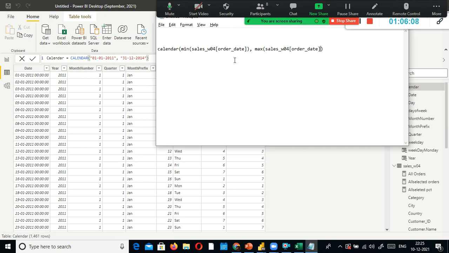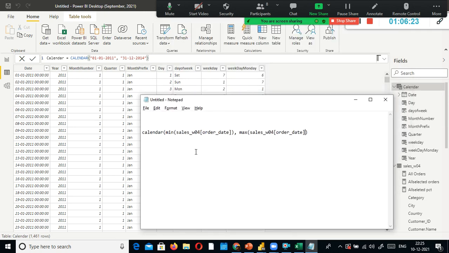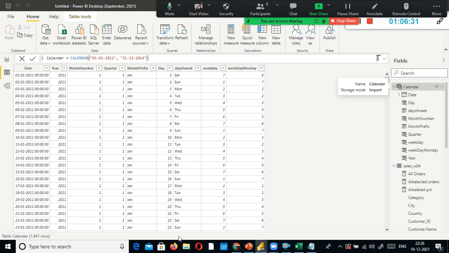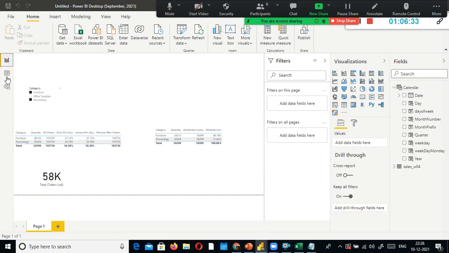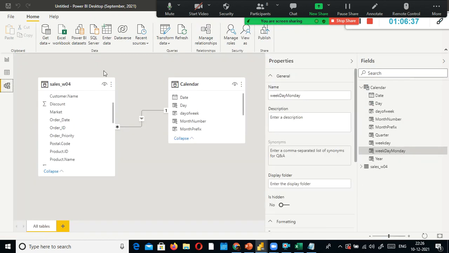But here, though you don't have any order between so and so date, right? It doesn't matter. It will start from this date to till date. It sequentially generates the dates. So you don't have to worry about that. That's why we are using minimum as the starting point, maximum as the end point. In between, whatever is there, it automatically generates it. There will not be any gap. Hence, we met the requirements in order to start the analysis.